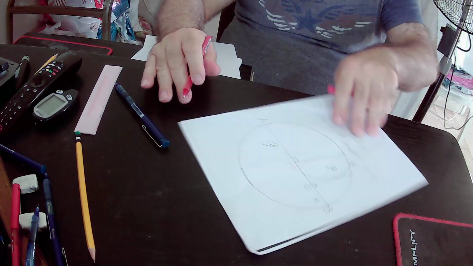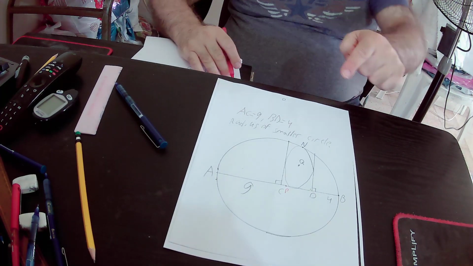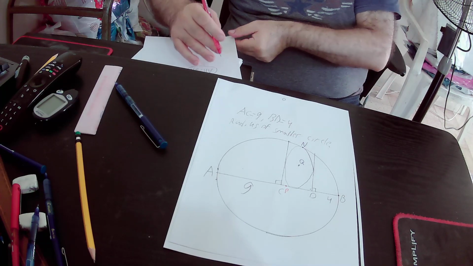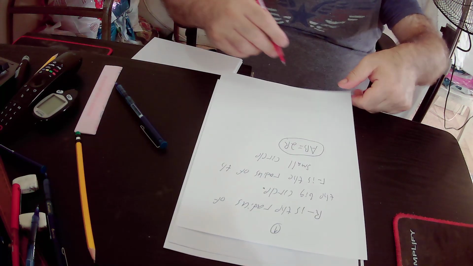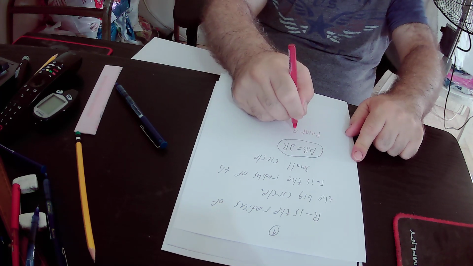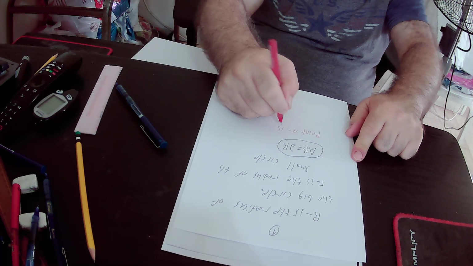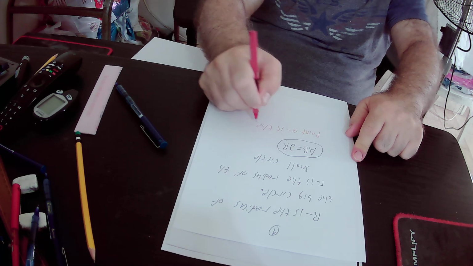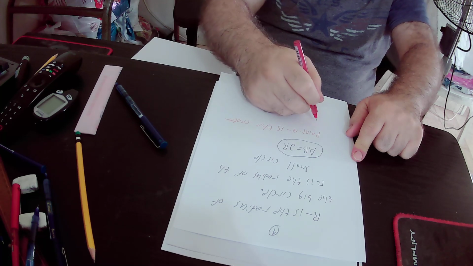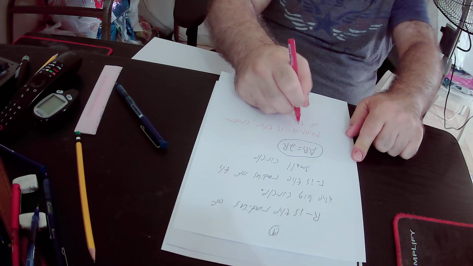Again, point Q is the center of the small circle, and point P is the center of the big circle. So I write it down. Point Q is the center of the small circle,